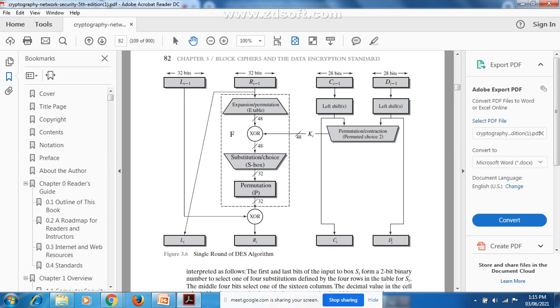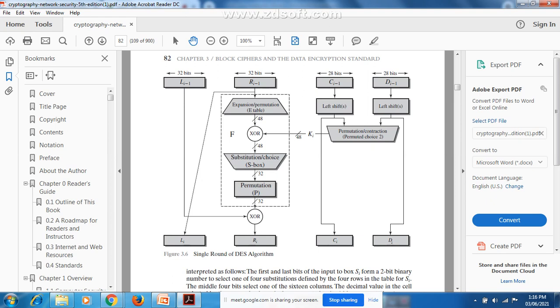Yes guys? Then that 48 bit data will be XORed. You can see the XOR operation written in the round. That will be XORed with the sub key of 48 bits, which is coming from the right hand side of this diagram. Then whatever output you get after XORing will be passed through the substitution or choice box, you can call it the S box.